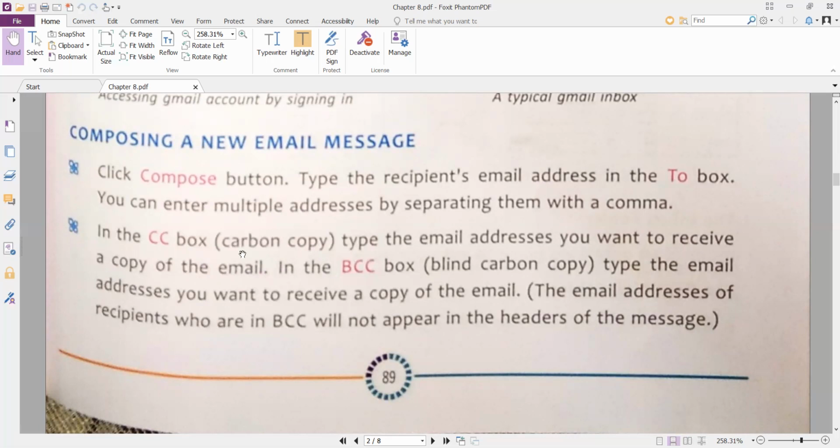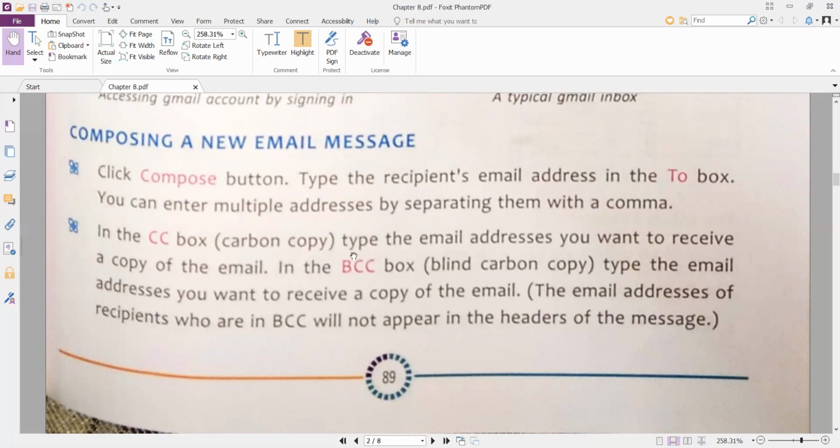In both the boxes, you can type the email address of those you want to receive a copy of the email. If you want to give a copy of that mail, then you can write in the CC box. But what is the difference between CC and BCC?